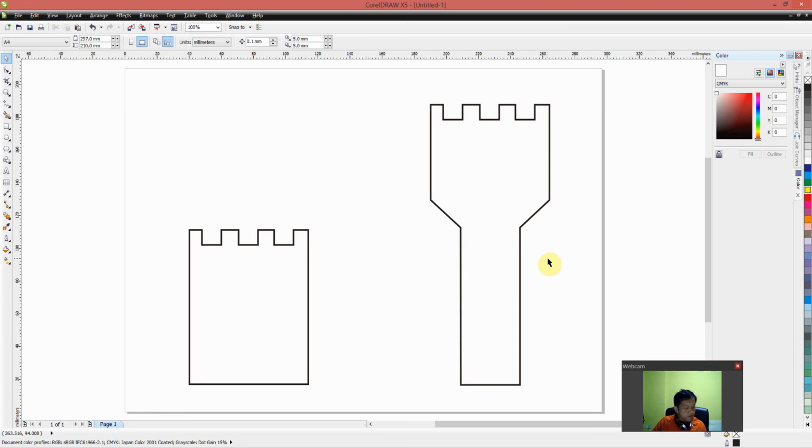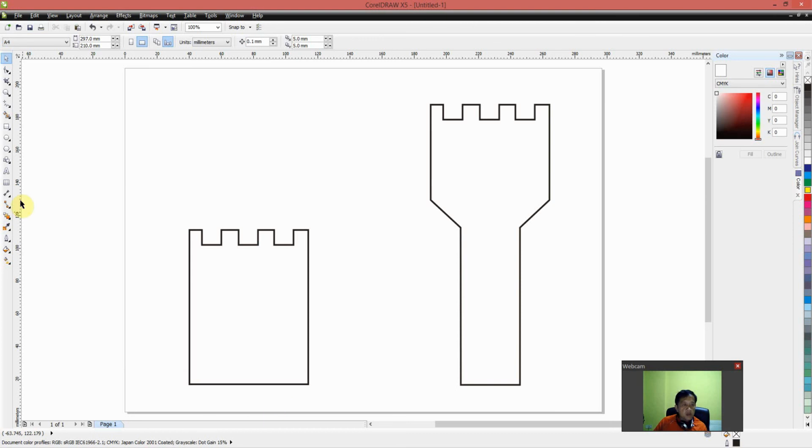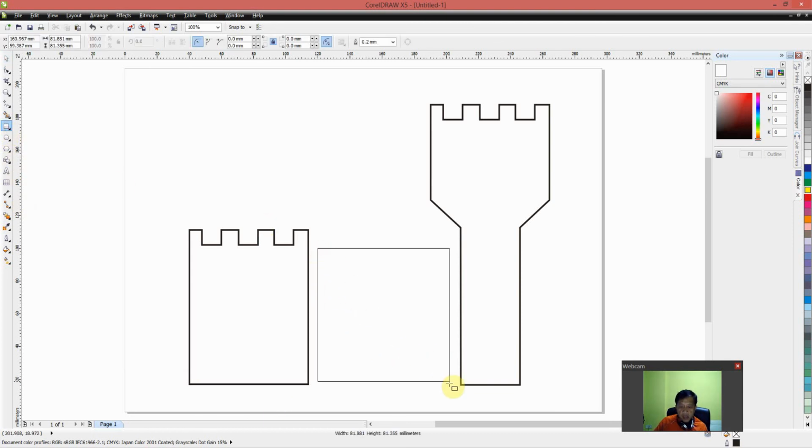All right, now the next portion I want to complete will be the middle part of the castle. It looks like a house. Okay, so this portion here, without explanation, I think most of you should be able to do it. Okay, it's in the form of a rectangle and a triangle. So a triangle, let us recap, is made by using the polygon tool. Click on the polygon tool and make sure there are three sides. Okay, then you draw a rectangle,